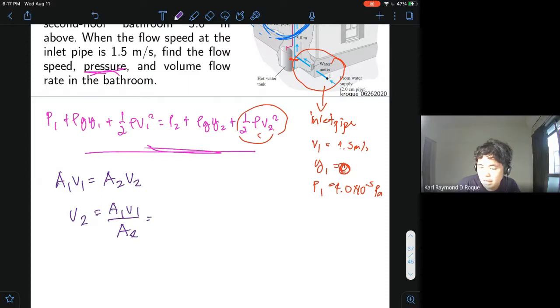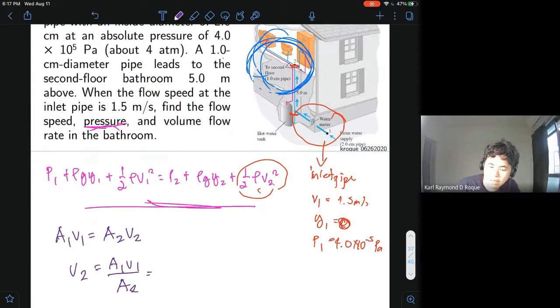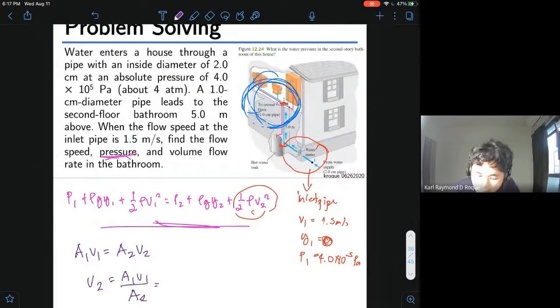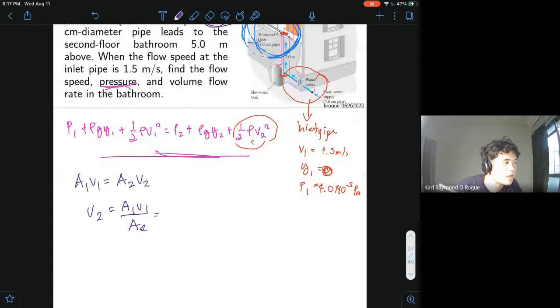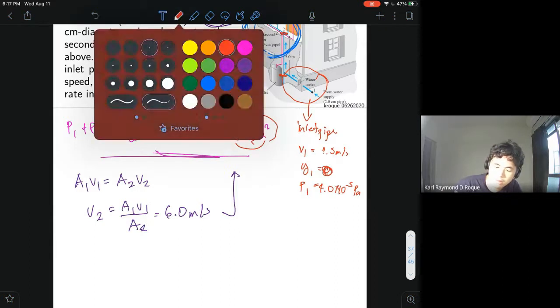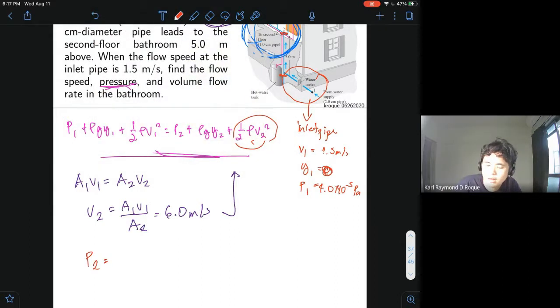Paki-compute na lang, ang makukuha nyo, kasi ito yung diameter ng una, ito yung diameter ng pangalawa. 1.0 cm, no? So, paki-compute na lang, you will get 6 meters per second. Tapos, substitute dito, sobrang haba na talaga, I can't write, sorry for that. You'll get P2 equals to